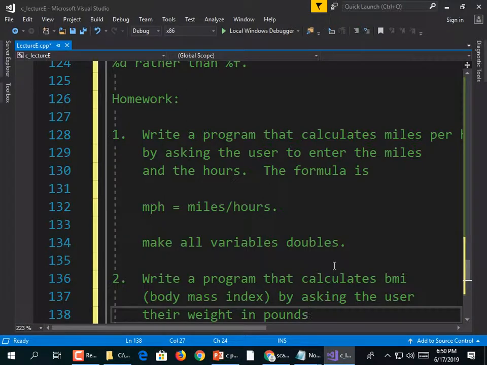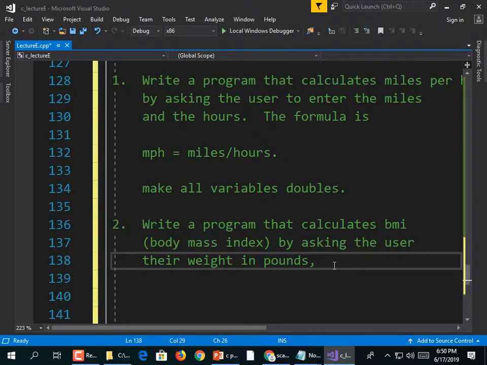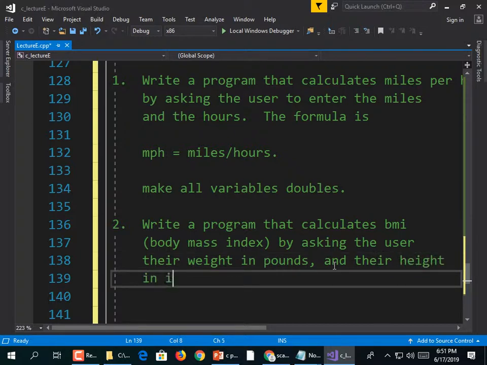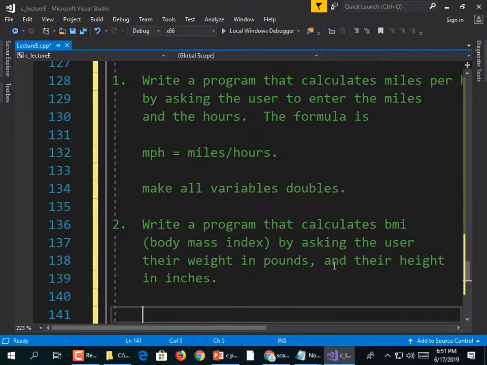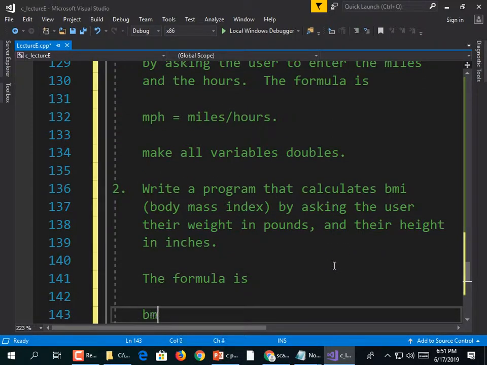You ever wonder why LB stands for pound? And their height in inches. The formula is BMI equals 703